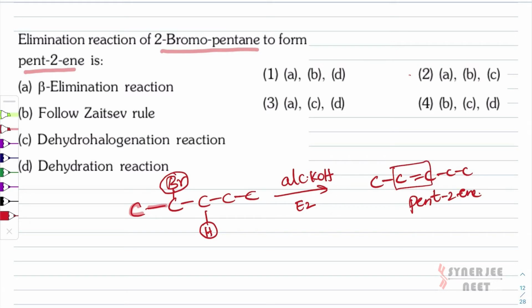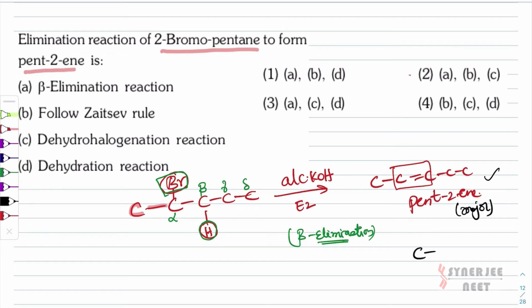Now if you look at it, at the bromine attached carbon, if you call it alpha, the next carbon to alpha is beta, next carbon gamma, delta, like this notation. Now as you see here, beta position hydrogen is getting eliminated along with the halogen. Therefore, this is called beta elimination. So here the elimination process is beta elimination. And in this process, actually two products are formed. One is this product, which is actually the major product.